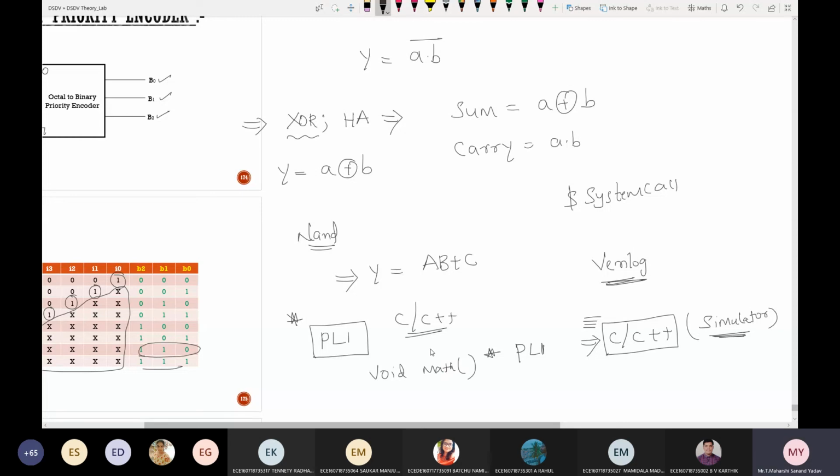Now this particular math function should be called from Verilog, so you have to call it like this: dollar, that particular function name. Once this line is encountered, the control shifts from here to that particular C code. Simply, you are calling that C code from your Verilog code by using this programming language interface. So this should have access to the Verilog simulator so that it can do all these operations.